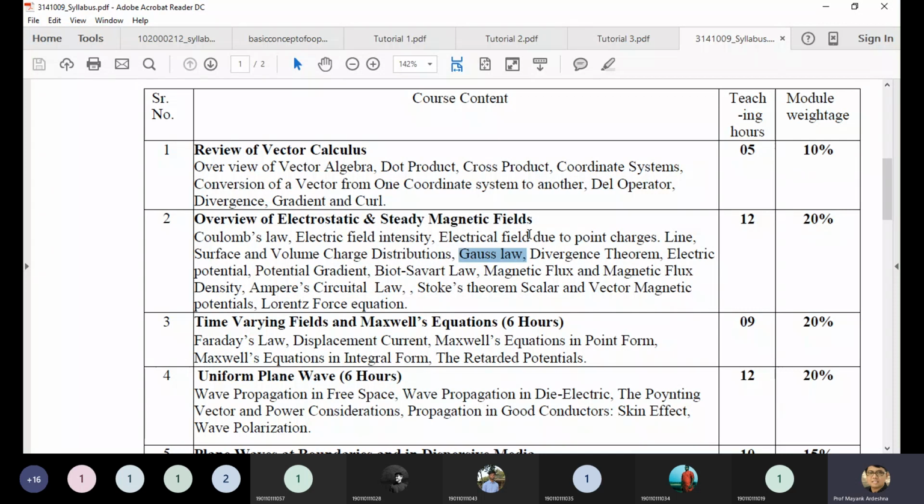If it is not asking, then they are asking any example based on this. From chapter 1, it is also fixed. They are asking either any conversion, like a vector conversion from circular to cylindrical or Cartesian to cylindrical, spherical to Cartesian, any possible combination should be there. For the divergence, gradient and curl, it may be asked any conversion or it may be any kind of example based on this.